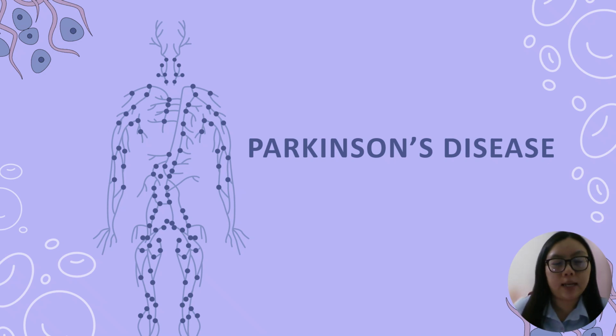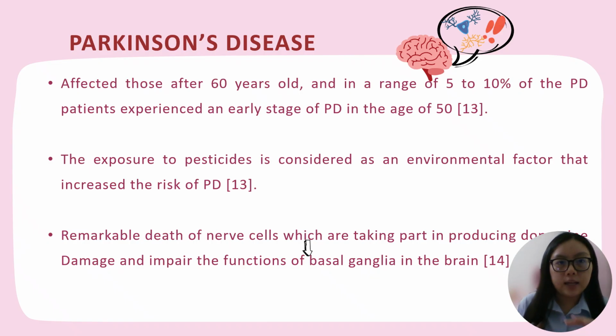Now let's talk about Parkinson's disease. Parkinson's disease affects those after 60 years old, and in a range of 5 to 10% of the Parkinson's disease patients experience an early stage of Parkinson's disease in the age of 50. In current studies, the researchers conclude the exposure to pesticides is considered as an environmental factor that increases the risk